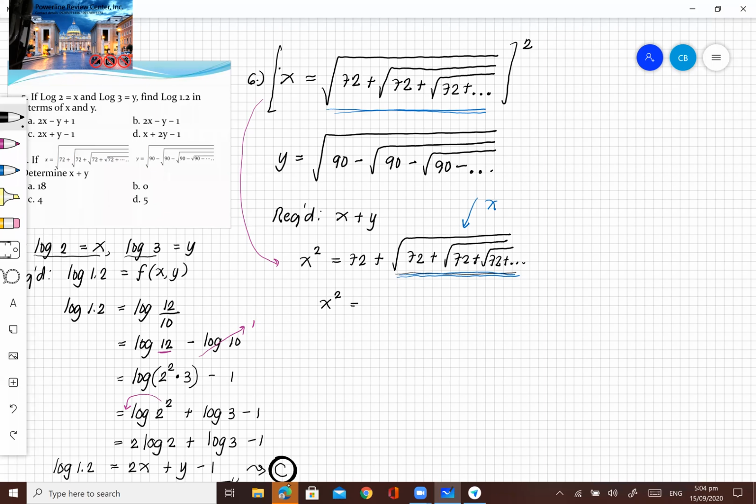X squared is equal kanina? 72 plus what? X. So we have x squared minus x